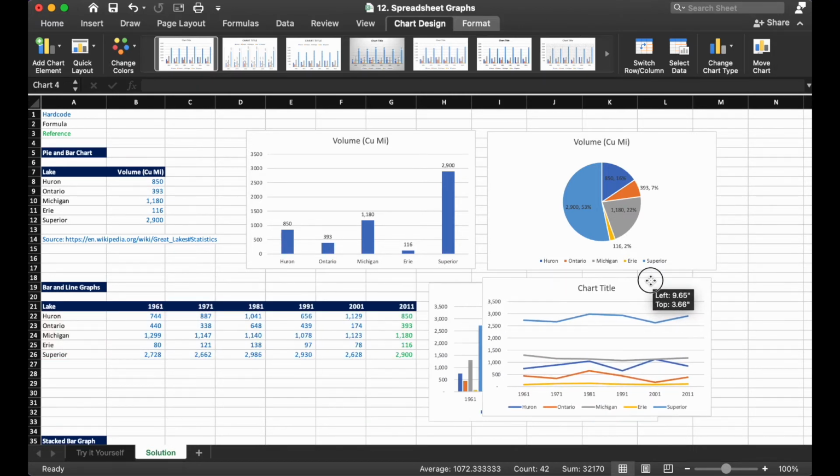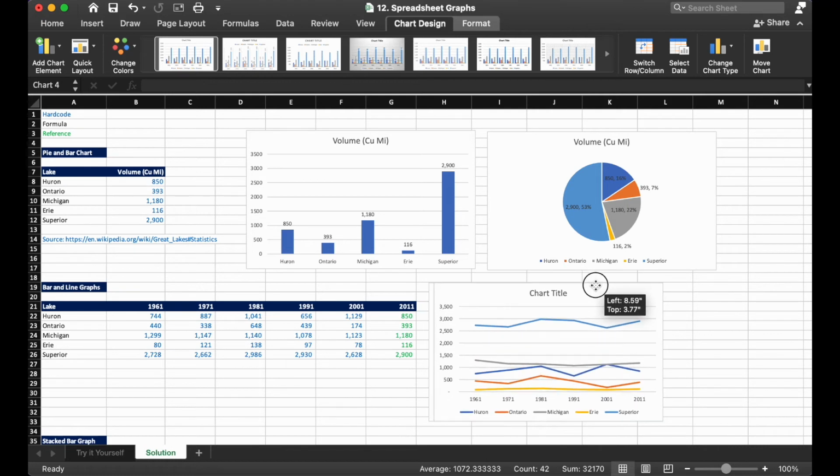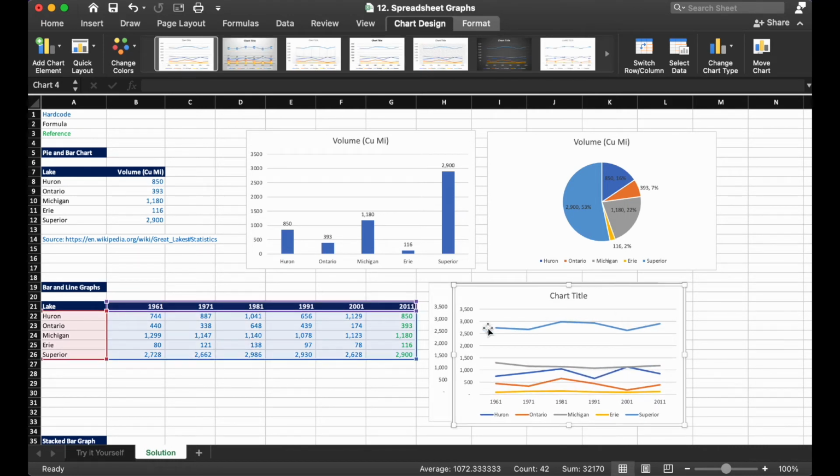But with our line graph here, I think it's just a little bit cleaner. We can really clearly see and follow each of the different lakes. So we see that Superior is this light blue color, and we can really quickly and easily track it over time. And the same thing for the other lakes as well. So if the goal is purely to show what does the time series look like and what's the change over time, I think we're better off going with a line graph in this case.